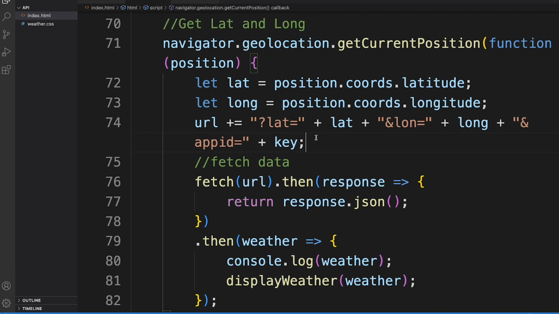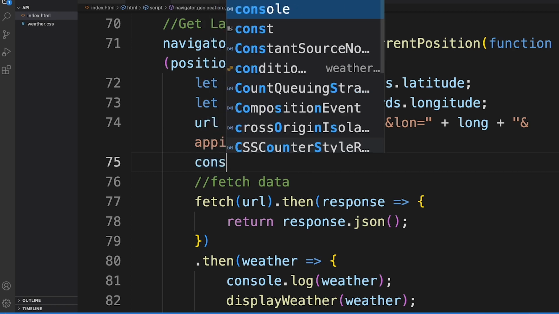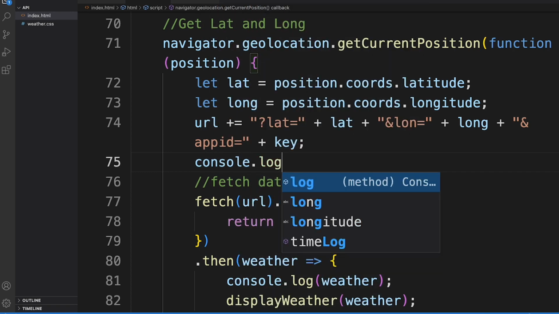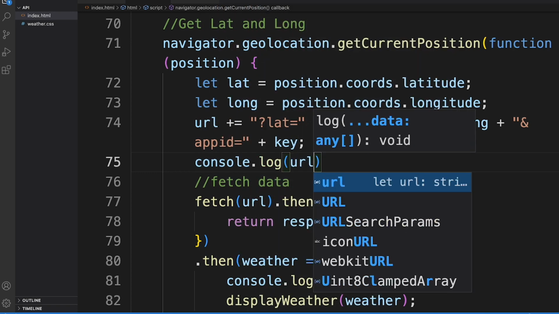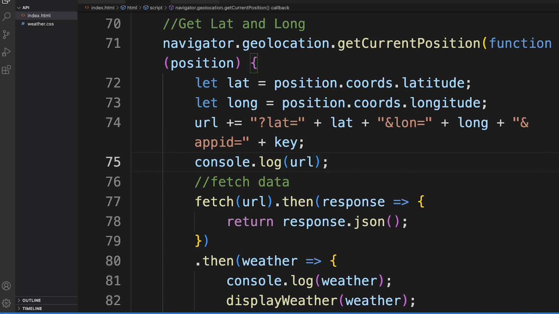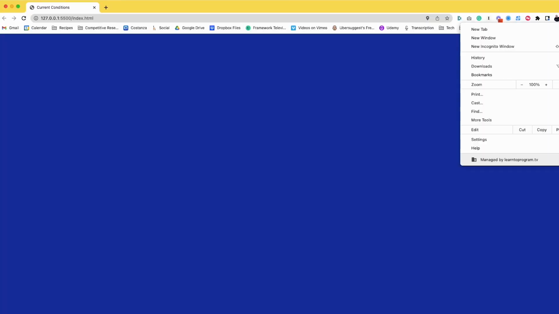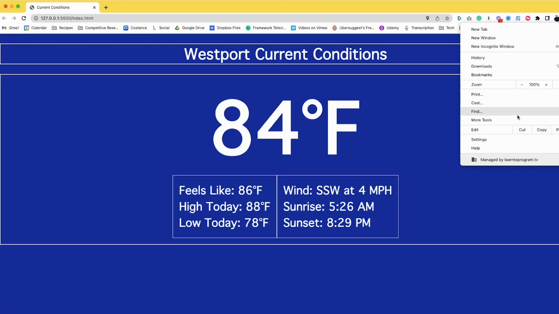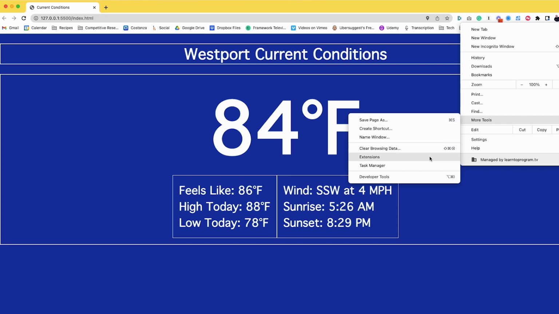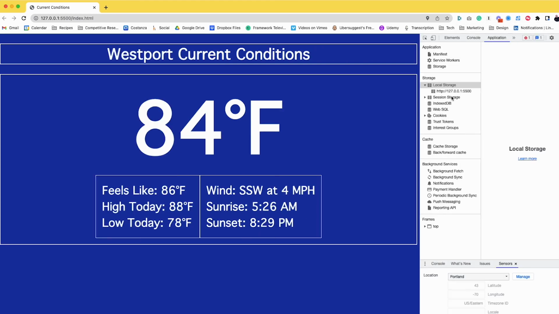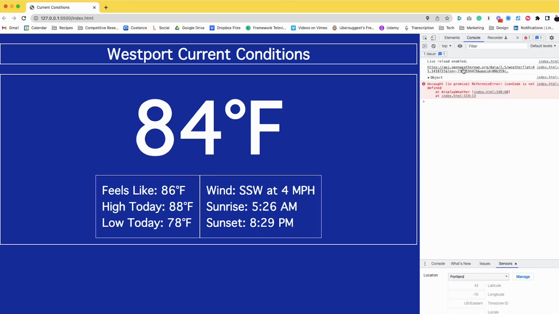What I'm going to do is use console.log to log out the URL. So once we create the URL, I'm going to log it. Let's try it. And I'll find that log if I go to my three dots in the upper right-hand corner, More Tools, and Developer Tools, and then go to Console. And right here is the actual URL we created.